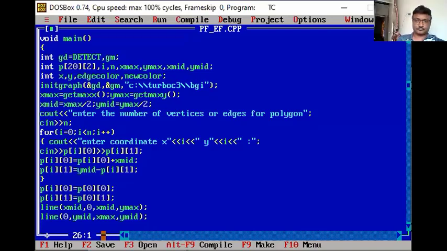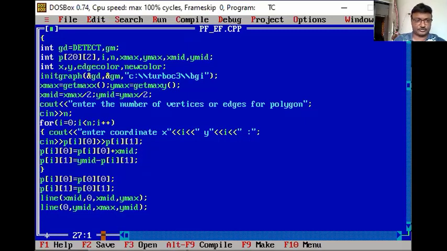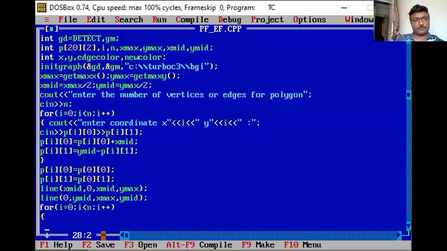Suppose I draw the polygon with the line function. For I equals 0, I less than n, I plus plus. This is my for loop: initialization, condition up to n, and increment by 1. A simple line function is used to draw the polygon.